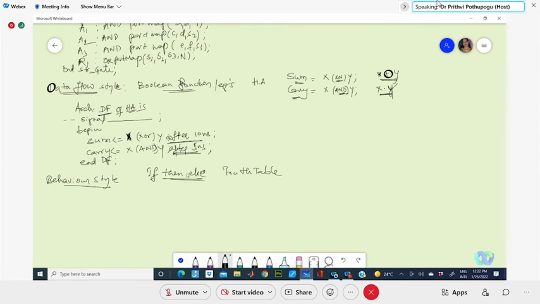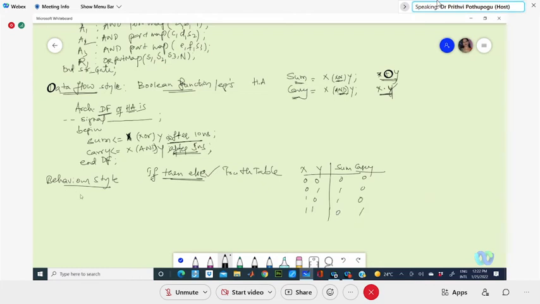For this we need the truth table. Say for your half adder with x, y, sum and carry: if x is 0, y is 0, sum is 0, carry is 0; 0, 1, 1, 0; 1, 0, 1, 0; 1, 1, 0, 1. All the conditions need to be expressed in the form of if-then-else conditions.